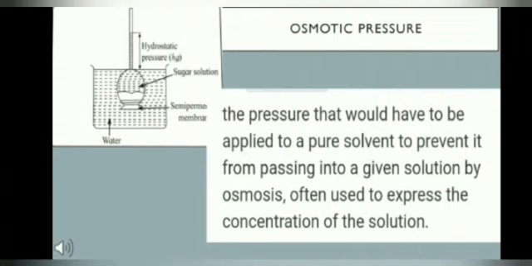If we apply mechanical pressure from outside, there is no flow of solvent and the concentration remains unchanged. So here we can also define it this way: the external pressure applied to stop osmosis is the measure of osmotic pressure. So it can also be defined as the excess mechanical pressure which must be applied on the side of the solution to stop the flow of solvent molecules through the semi-permeable membrane into the solution. That is known as osmotic pressure.